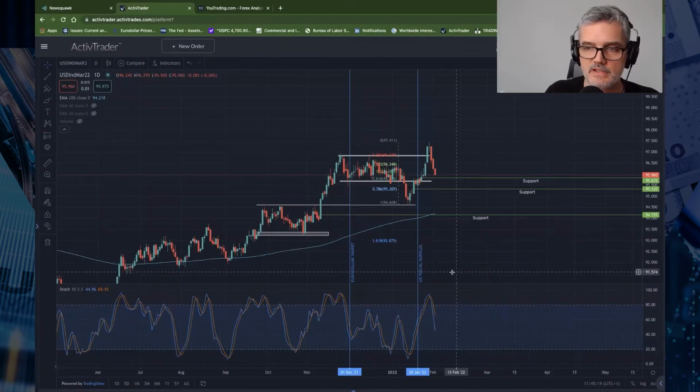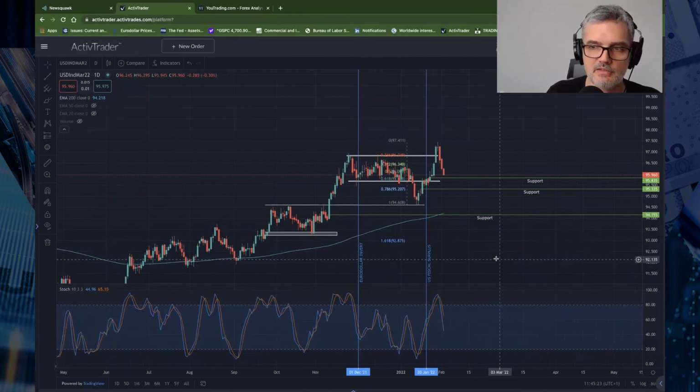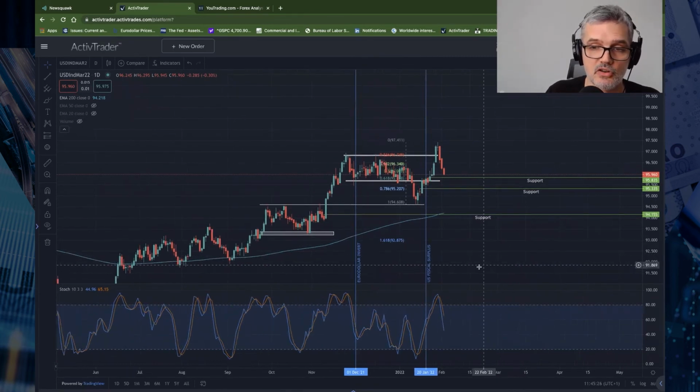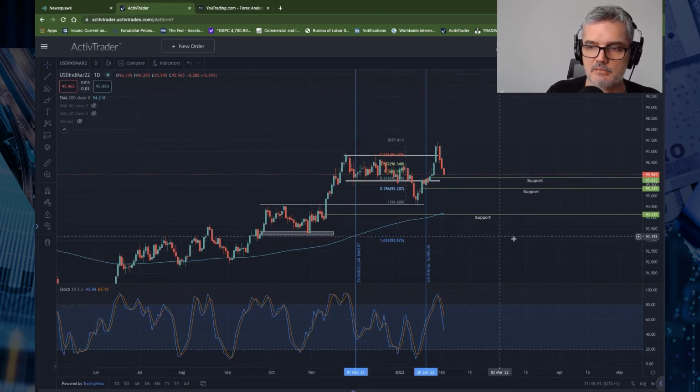When a government runs a fiscal surplus, then other governments and money managers around the world look to that currency as being stronger. So I'm expecting to see the US dollar increase. We might come down to these support levels here. The 61.8 retracement is just around 95.80, support around 95.80, and then just below 95.30 is where I'm expecting the US dollar to base out before rising.